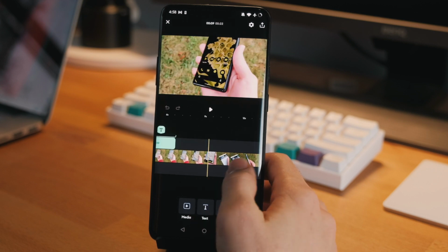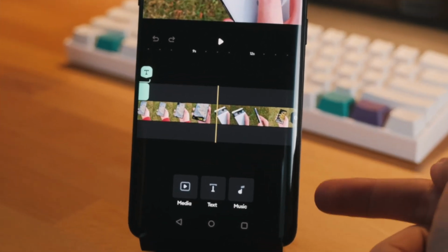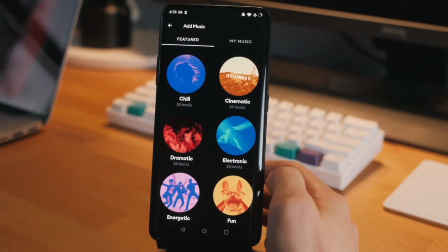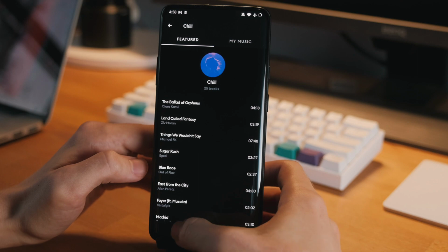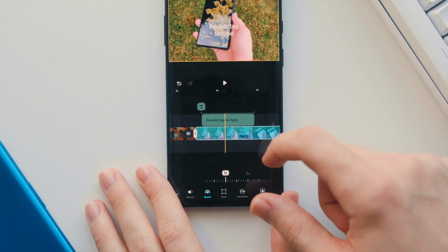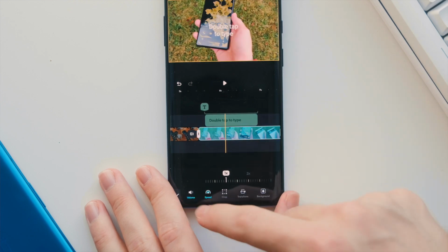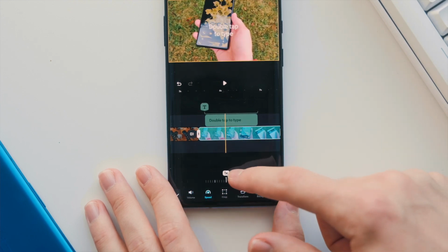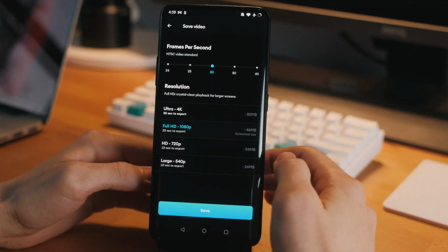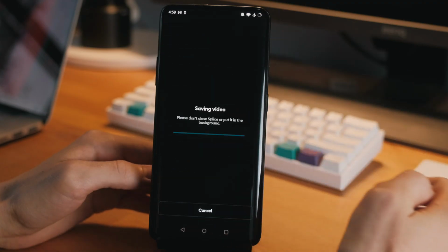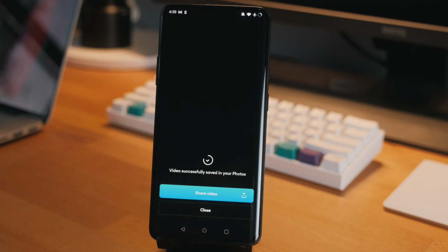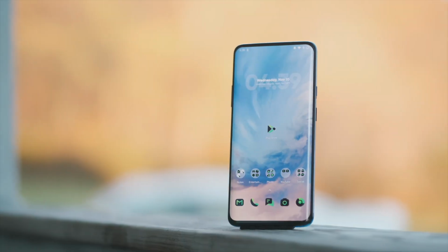The editing is really based around three things: your media, text, and music. And for music, you actually have access to a library of songs from within the app that they let you choose from. The editing is pretty basic, but it gives you most of the essential functions like moving and trimming clips, adjusting audio, and things like slow-mo for video. Once you're done, you can choose your settings and export your video. So if you're just looking for something simple and straightforward to use to create videos, this is definitely an app you should check out. But that's about it for this video.